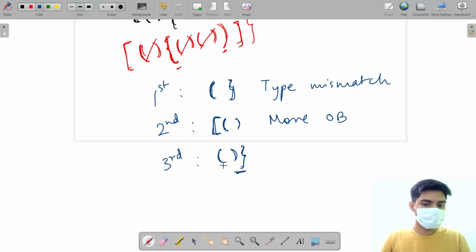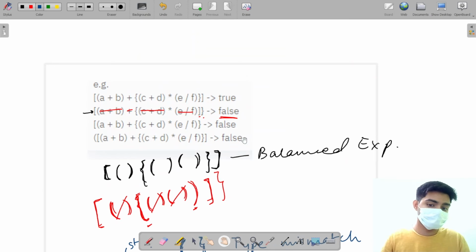I have two closing brackets, but I have only one opening bracket, so more closing brackets. So I have three things which can decide if I have a balanced expression or not. If I have any of these three things present in my expression, I can just simply return false from there. Else I can just simply say that it is a balanced expression.